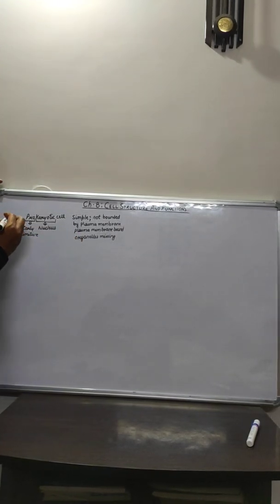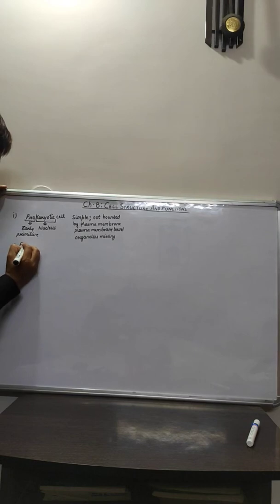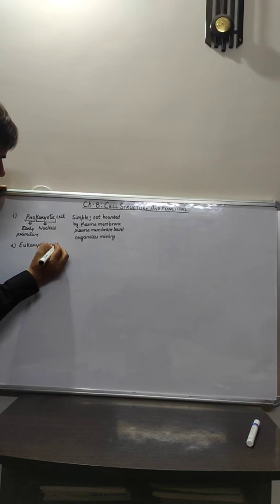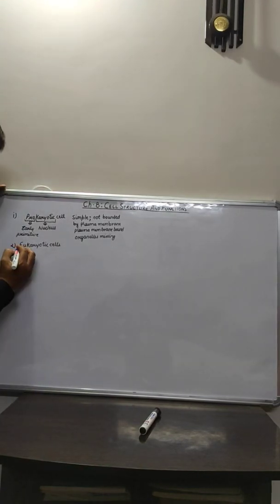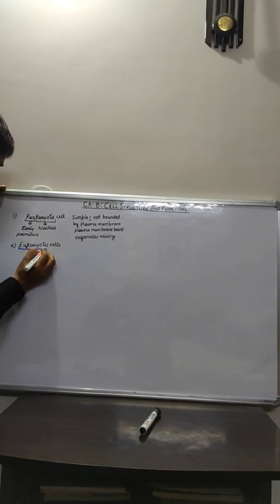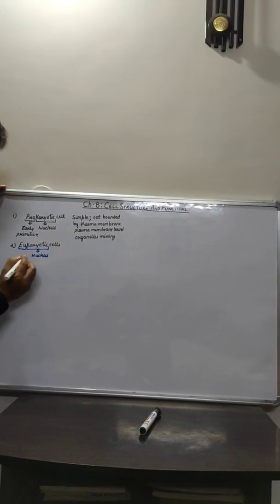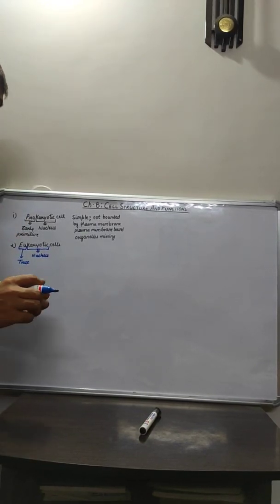Now coming to another type of cell, that is eukaryotic cells. Now again this word is made from two words. One is eu and other is karyotic. Karyotic would remain the same, that is nucleus. No confusion about it, don't get hassled. Now when we talk about eu, eu means true. So all the organisms that have a true nucleus in their cells, they are termed as eukaryotic cells.